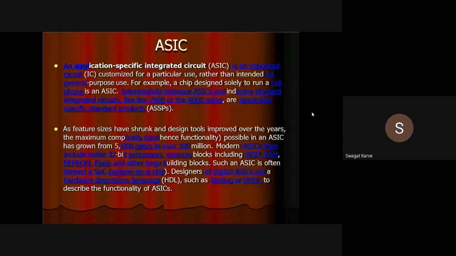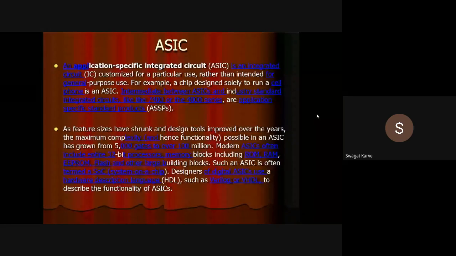If you want to reduce the size of your chip, then you have to go for ASIC only. That means it should be a specific purpose. It should be designed for a specific purpose. Then you can consider that, right? So typically